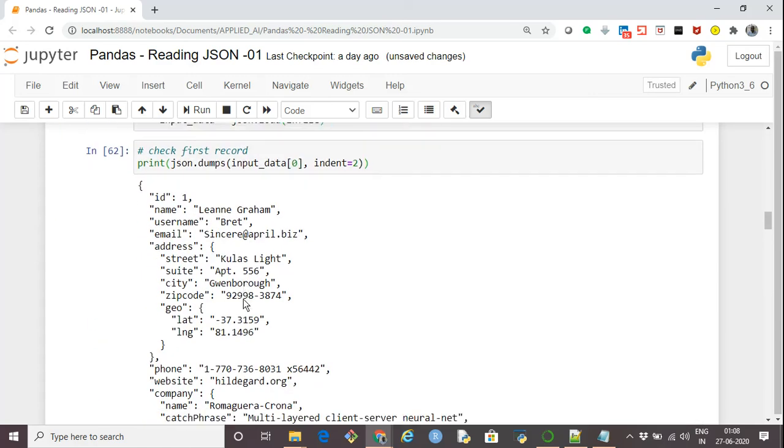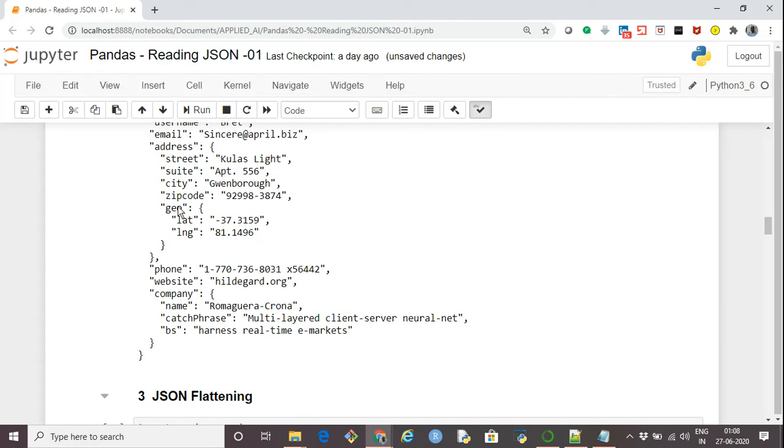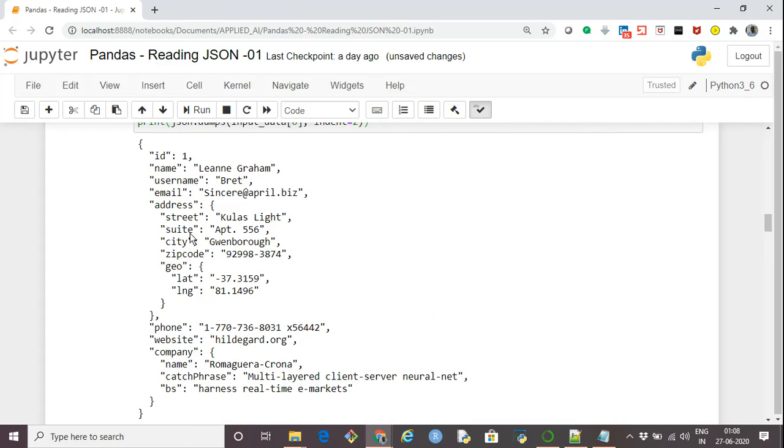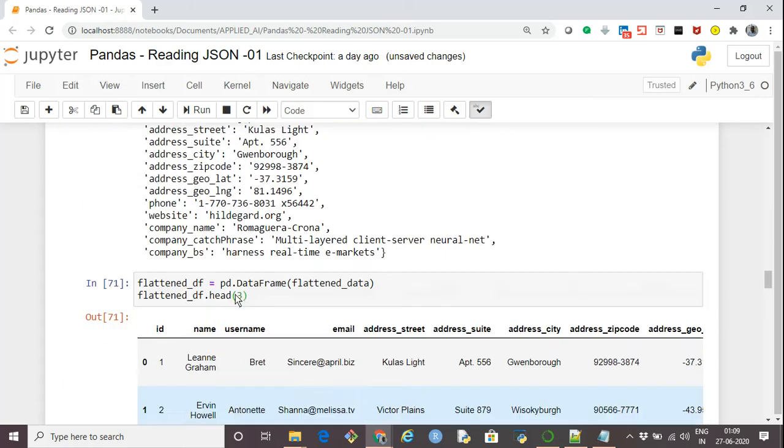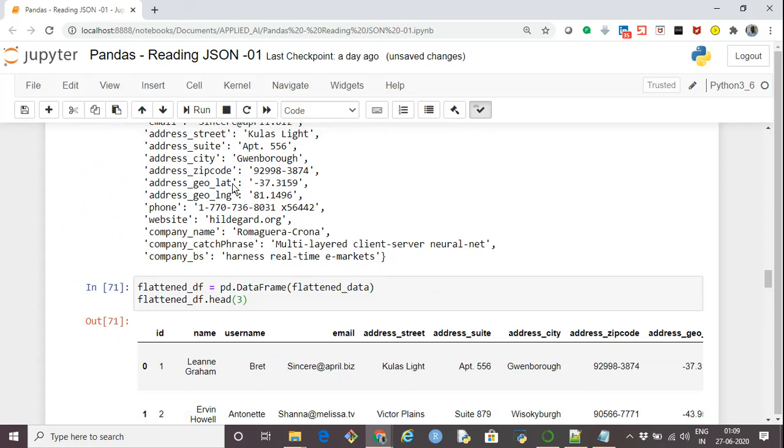As we had seen earlier, within address we had geo, and within geo we had latitude and longitude. So it created the hierarchy address_geo_latitude with its value, and address_geo_longitude with its value. Similarly for company, it created company_name, company_catchphrase, and company_bs.